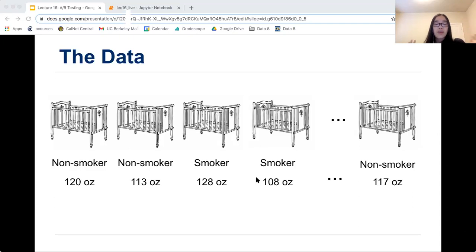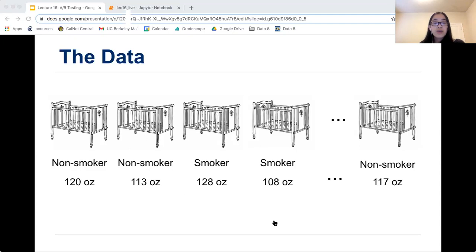We can just take that birth weights table and make a histogram and call it a day. And so if they all come from the same underlying distribution, it doesn't matter what those labels are. So since the null says that the labels don't matter, we can just shuffle the labels and then compare those averages again.